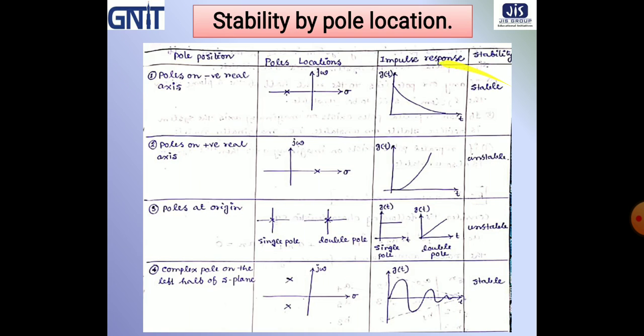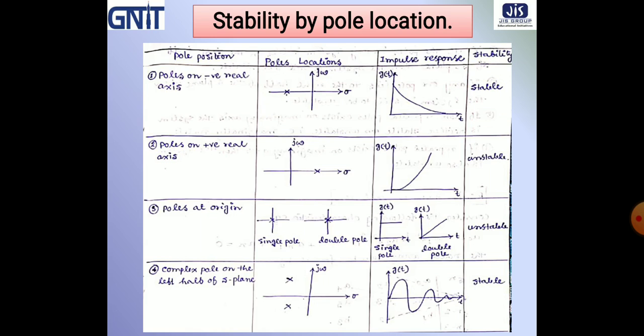That's why this type of impulse response is called stable. That means we can say if the poles are present in the negative real axis, then the system will be stable. Okay. Now, if we shift the poles